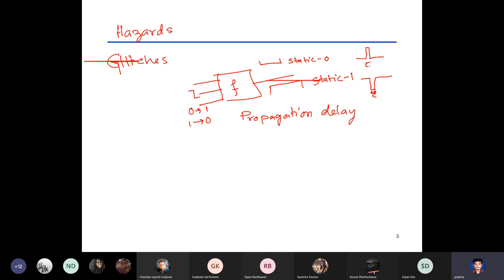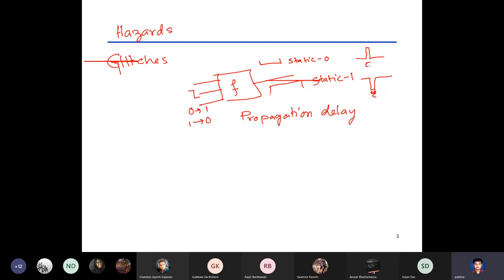Usually in a synchronous circuit you don't have a problem with this type of glitch because, also, we studied the fundamental mode. That means after one input change, the second change doesn't happen till the output is stabilized. These glitches are not stabilized. Once it gets back to a static 0 or static 1, we call it stabilized. So in the fundamental mode, there will be only one input change until it stabilizes. For a synchronous circuit, if the clock cycle is more than the stabilization time, there won't be